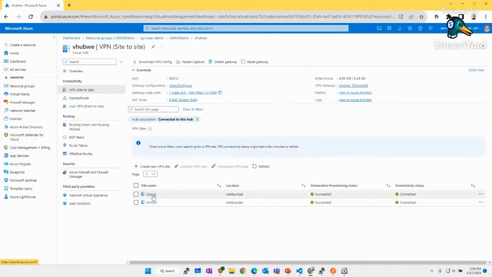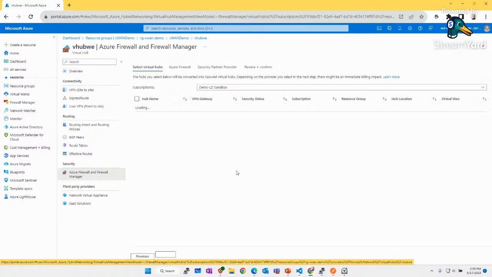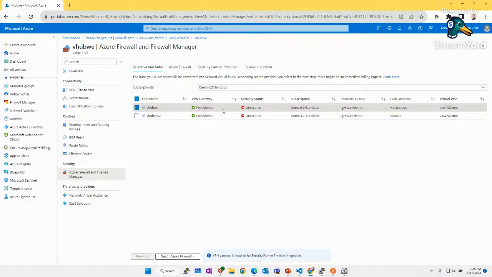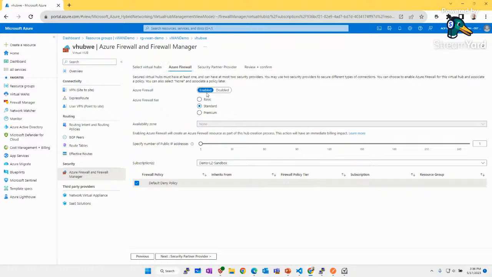Okay, so if you want to change the virtual WAN hub into a secure hub, you have the ability to use Azure Firewall. For example, if you want to modify this virtual WAN hub in West Europe to a secure hub, we can choose an Azure Firewall based on basic, standard or premium tier, whatever you prefer.